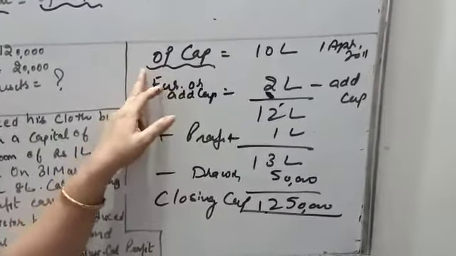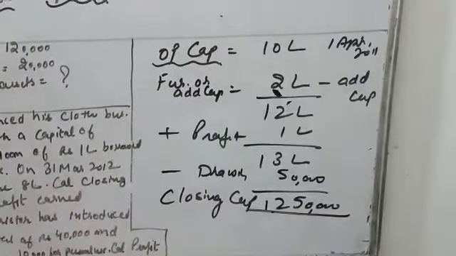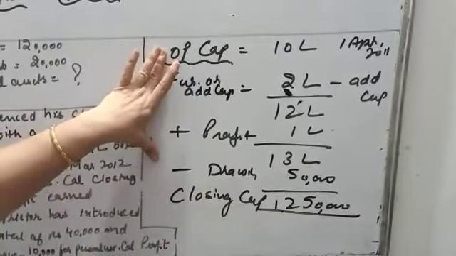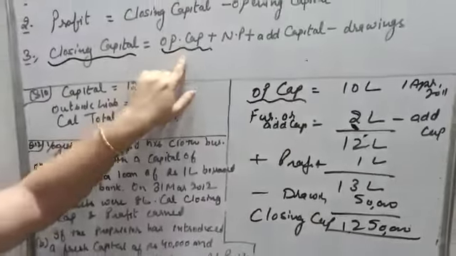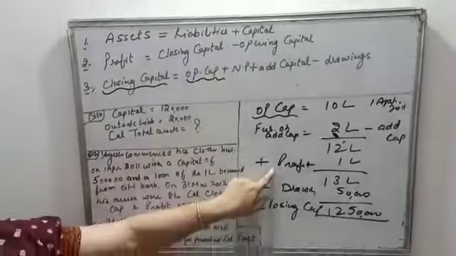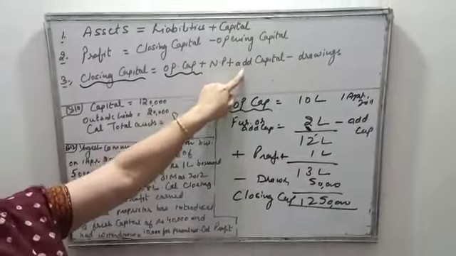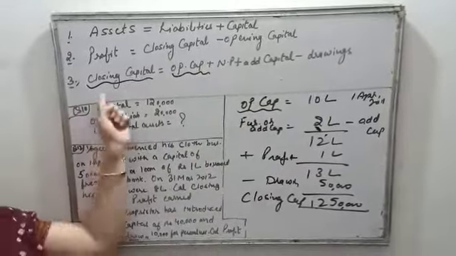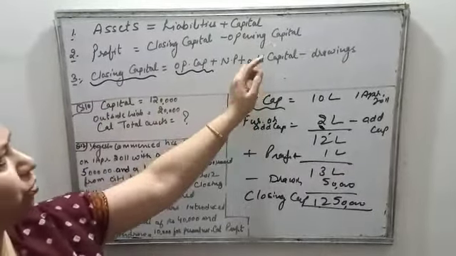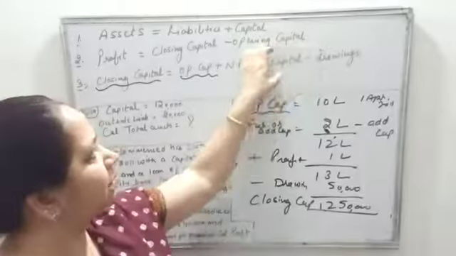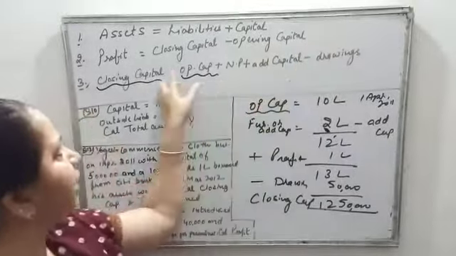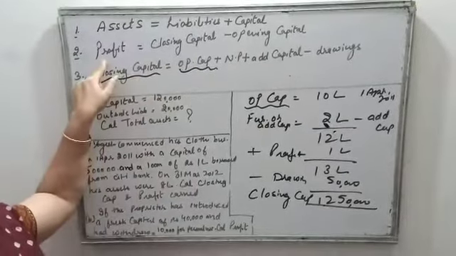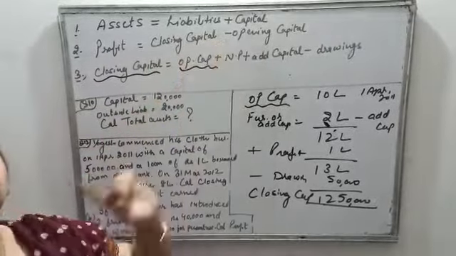And opening capital means the money introduced by the businessman into the business. So this formula, closing capital is equal to opening capital plus net profit plus additional capital minus drawings, we have derived from here. If in the same formula we leave these two things, additional capital and drawings, then our formula becomes this, because opening capital comes here and becomes minus. So how to calculate profit: closing minus opening capital.